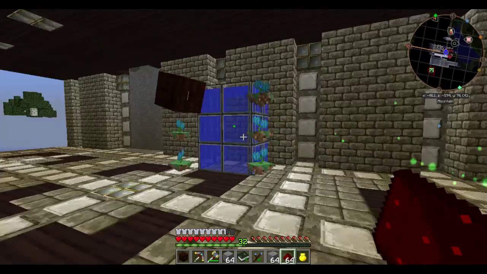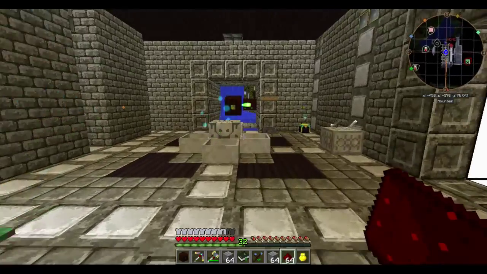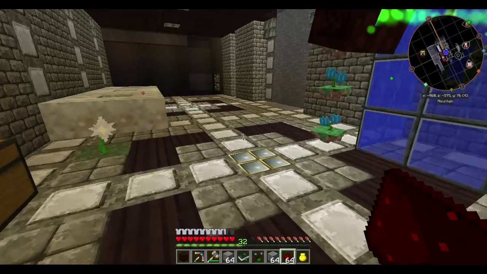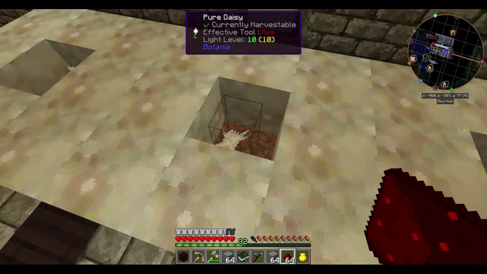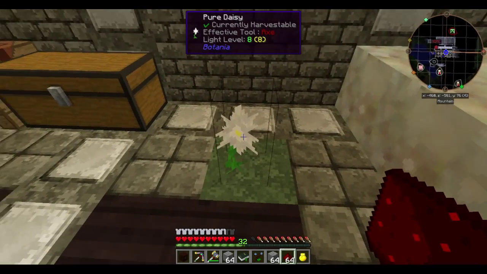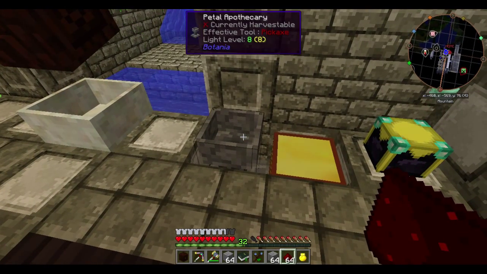So I've been working on Botania, and I didn't really want to record all the beginnings of Botania because if most of you have played, the beginnings of Botania are kind of boring. You make these pure daisies by finding the white flowers out there, and then I think you take 4 of these and you put them in the petal apothecary,